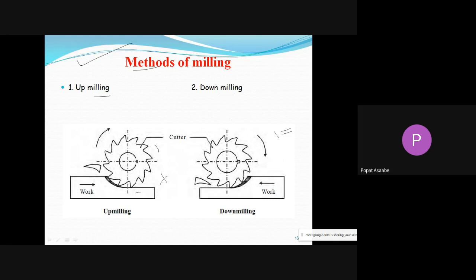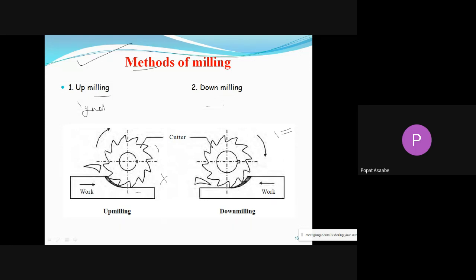In down milling, the cutter generates a downward force on your workpiece, so that is called down milling. In up milling, there may be chances of lifting the workpiece in the upward direction, because it will create an upward force. So up milling requires good clamping, but down milling generates a downward force, so it is not necessary